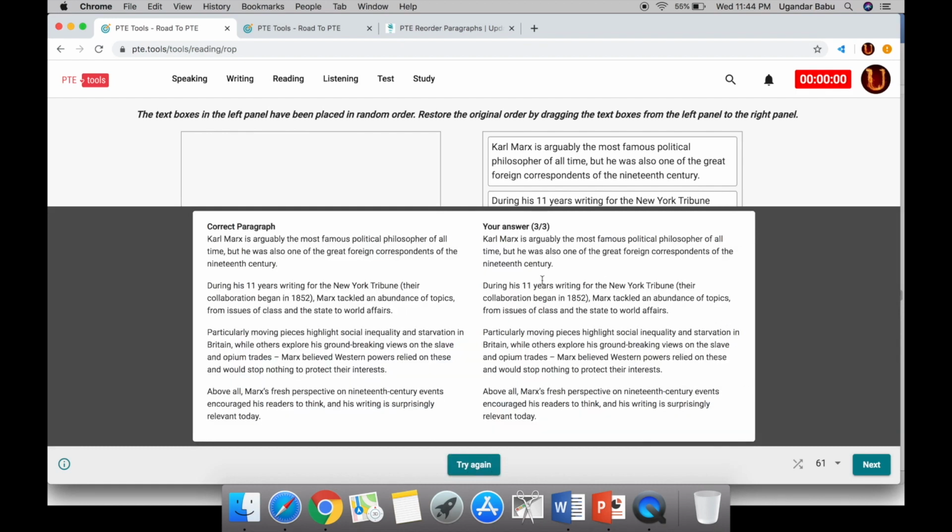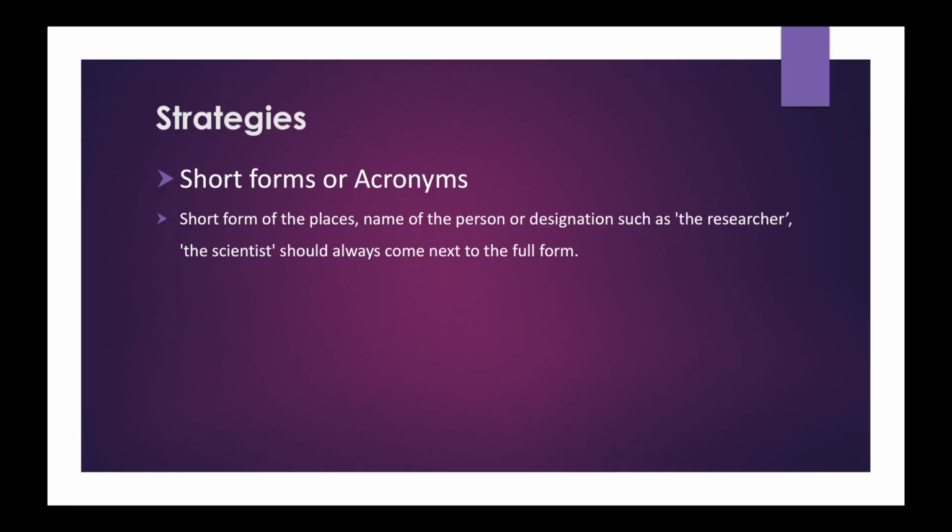Okay, so this is the independent sentence. And here they are mentioning his achievements. And this is the specific noun for this general noun. This is the transition word. And here they are concluding the topic. Again, if it is mentioned as a researcher, then that should be the first sentence. If it is mentioned as the researcher, then definitely somewhere the name of the researcher or a researcher would have been mentioned.